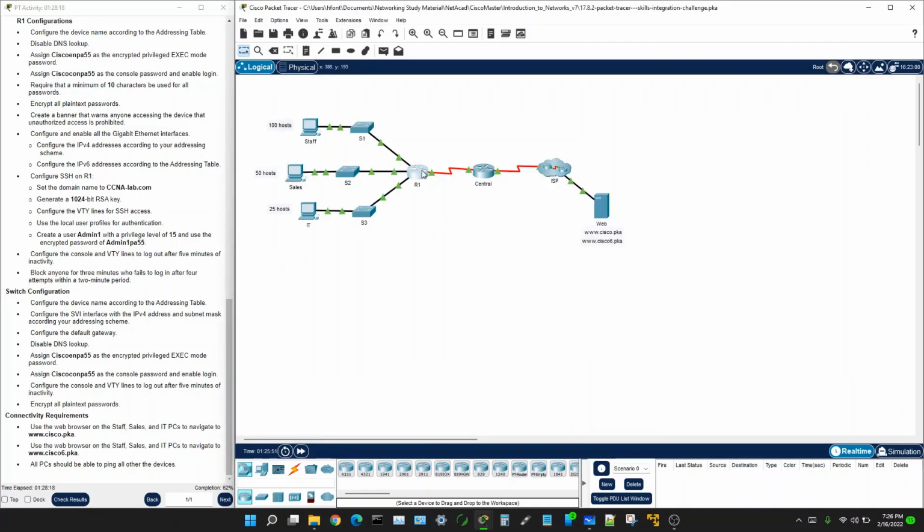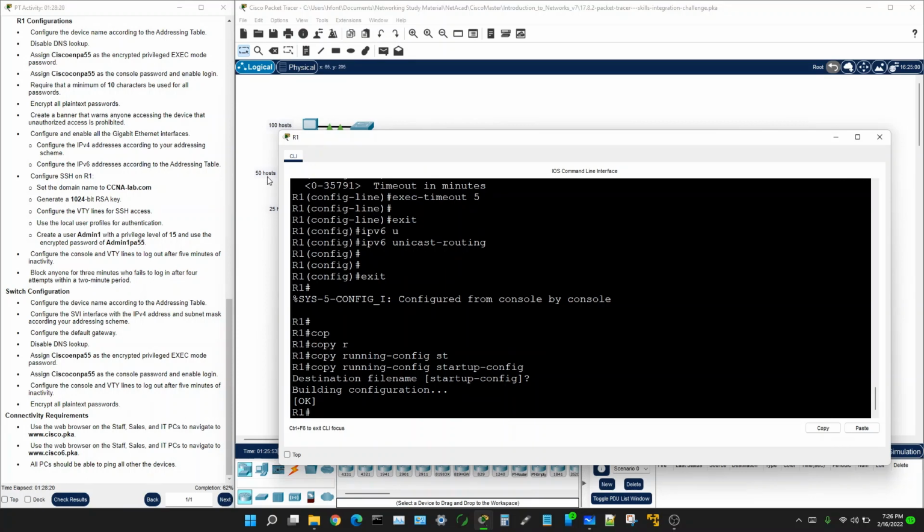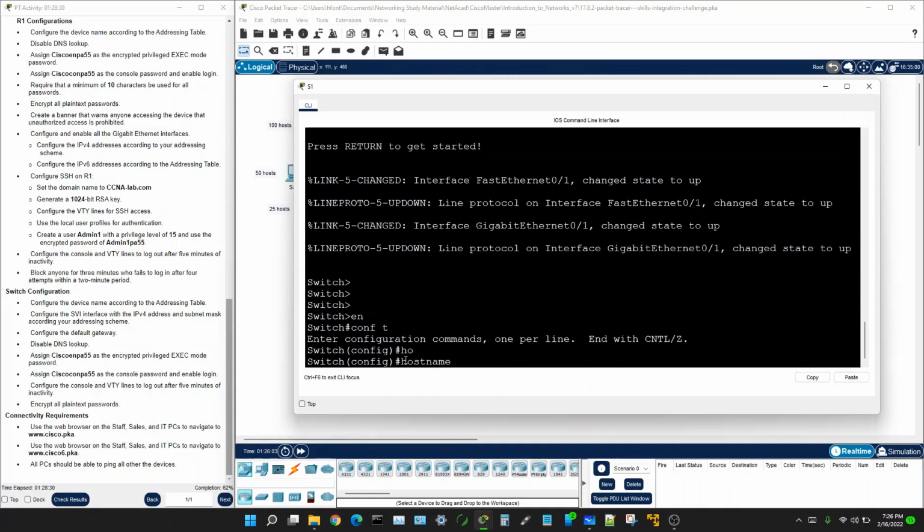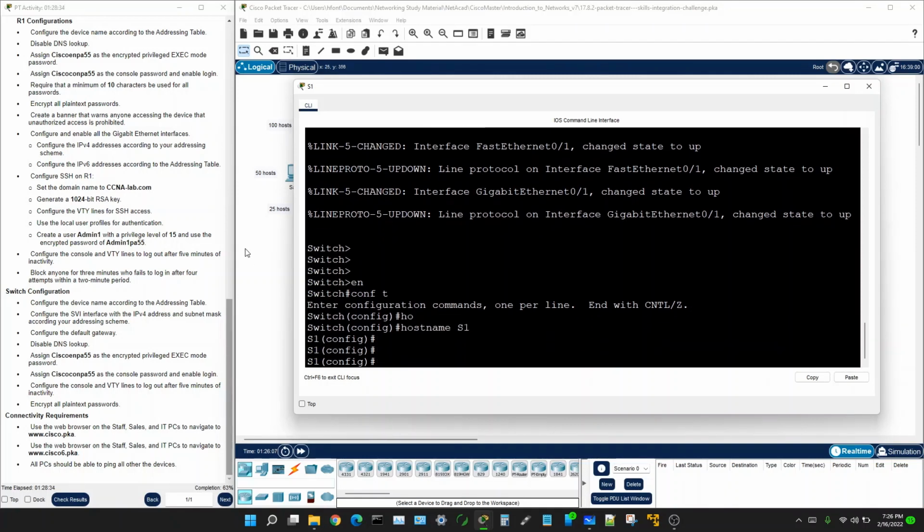We know that that is S1. And then configure SVI interface. Okay, so we are using default VLAN here,